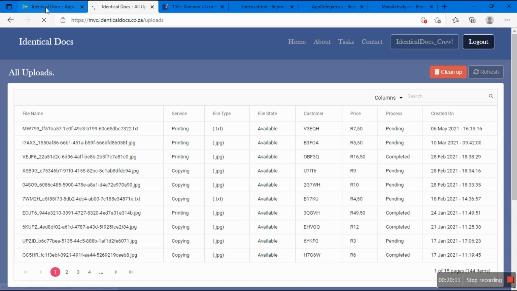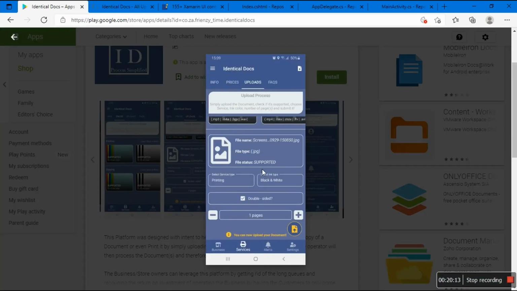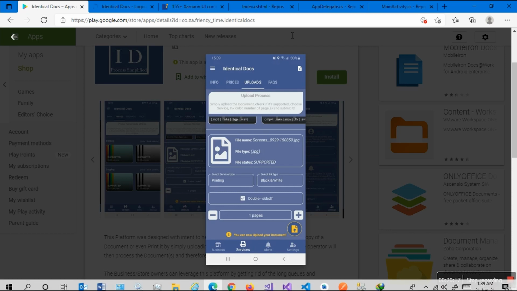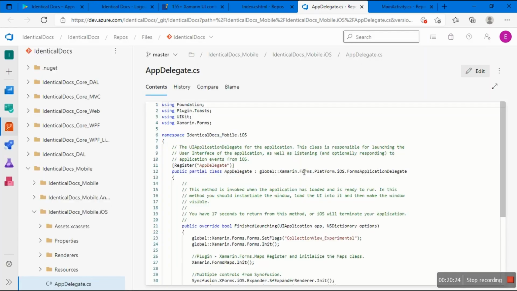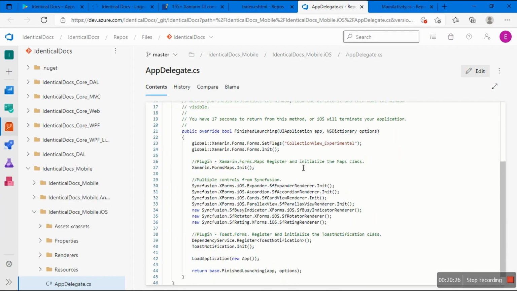I can just log out and wrap this one up. Okay, so we do have the image and this one. I believe it's a combo box. So let's quickly navigate. Oh, wait, how you set up? Let's start with iOS. So this is how you set up Syncfusion. Now, multiple controls from Syncfusion, after adding the NuGet Core package,